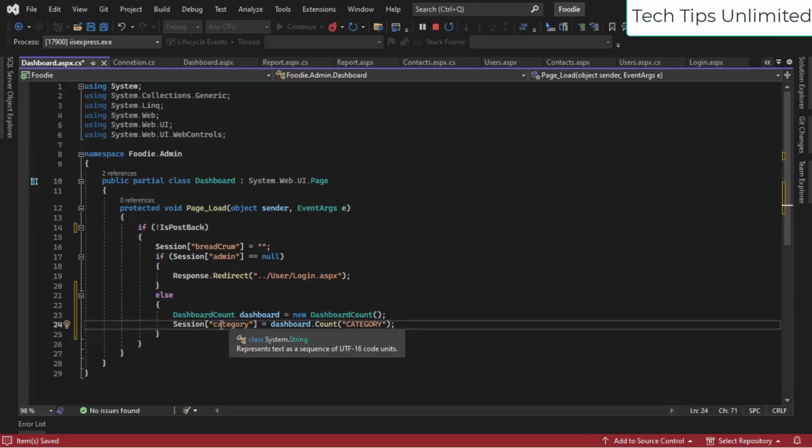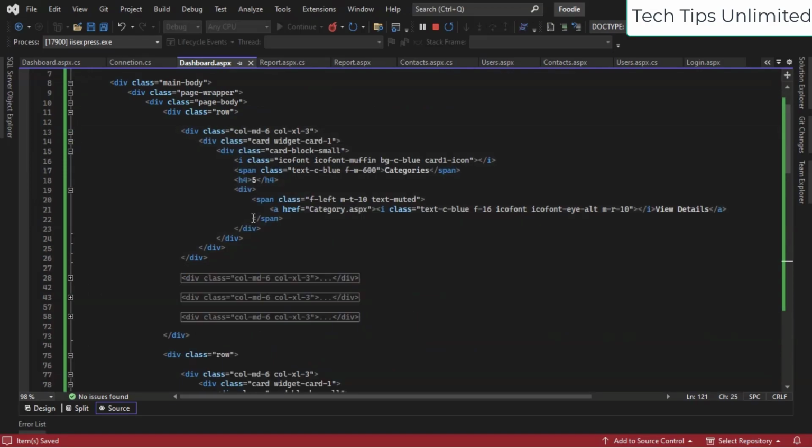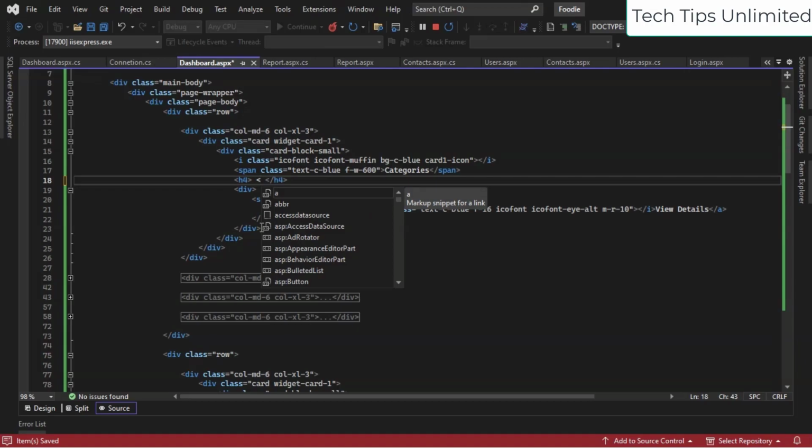So first let's check whether this first one is working or not. Copy the session name and go to the dashboard design page. The first one is where we have taken these categories. Here, instead of this static value, we need to take our values from the session. So for using the C sharp session here, we need to take the angle bracket percent,